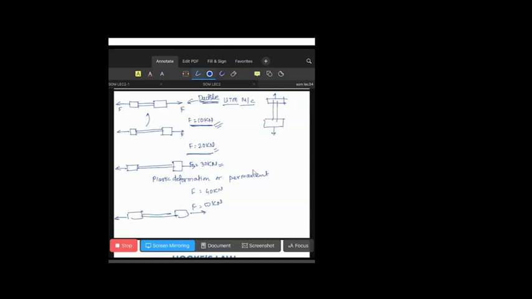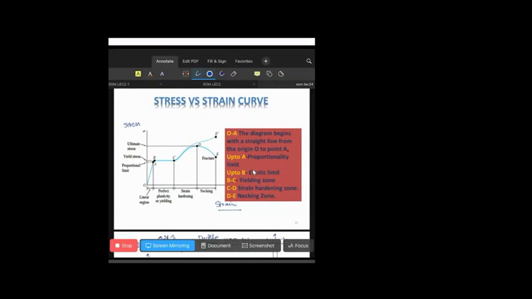So this is nothing but the destructive test which is getting performed to find out the strength of this material. Now, let's say if we are taking mild steel into account, we are trying to find out the load carrying capacity of mild steel. From that, we will get the value of Young modulus. This is the curve which will get plotted whenever we perform the tension test.